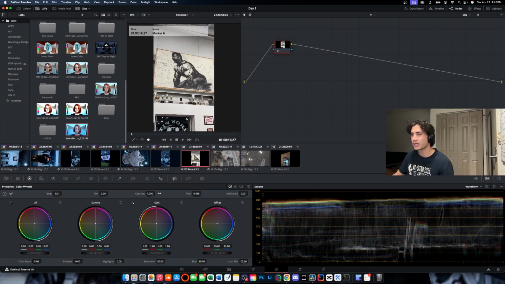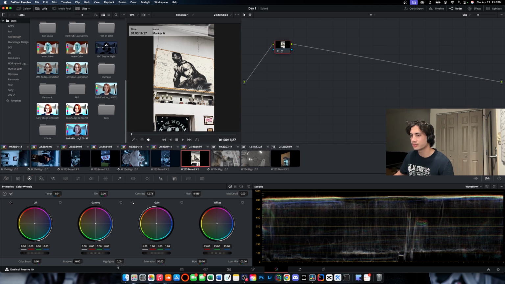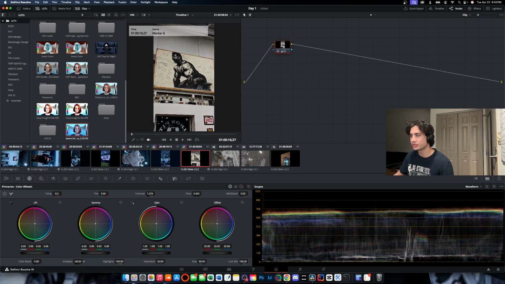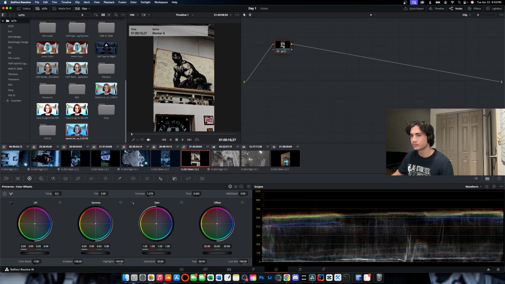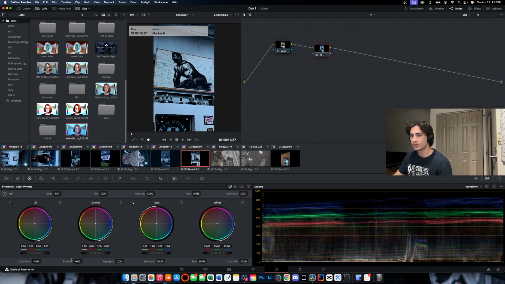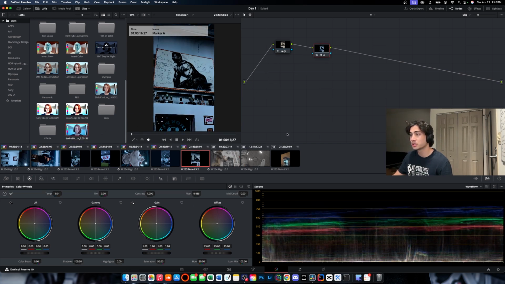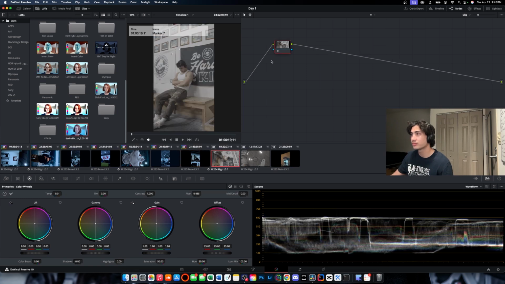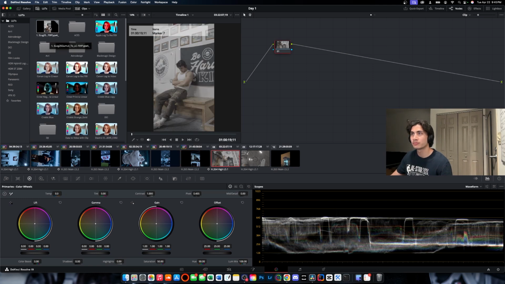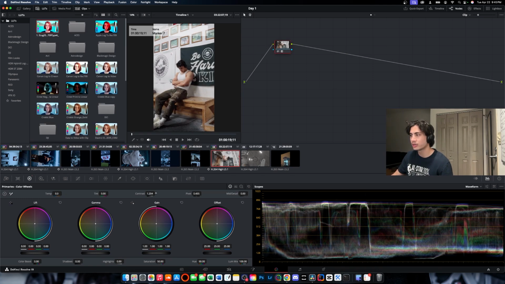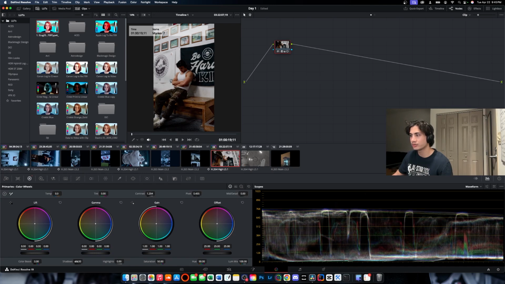Same thing here. This is iPhone footage. Contrast up, highlights down, shadows down, white balance here. Probably do it one more time, see if it gives us a better result. Add node, corrector, drag on top of here, drag our blue LUT. This one needs more shadows. Looks good to me. This is log footage, drag our log corrector, contrast up, shadows down,